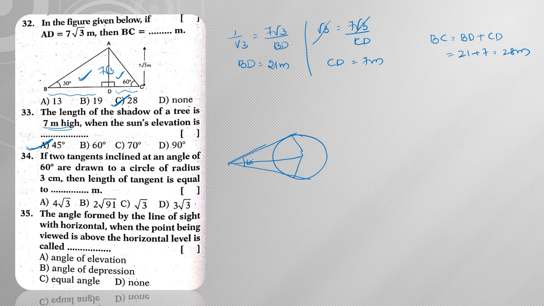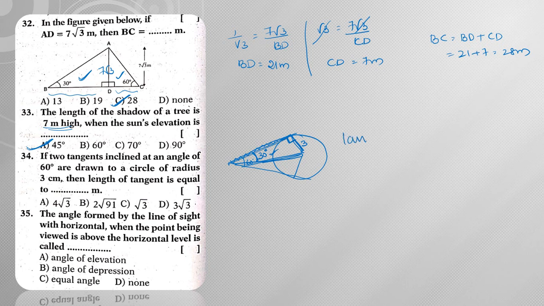So this particular length I need to find. Here if you observe, this is 90 degrees, then this is my hypotenuse. Now these two triangles are congruent, so I can say this angle is 30 degrees, and the radius of the given circle is 3 centimeters. Now what is he asking you to find? This particular length. This is my angle 30 degrees and this is my hypotenuse, right? Now what are the things I know? With respect to this 30 degrees angle, I know the opposite and I need to find the adjacent.